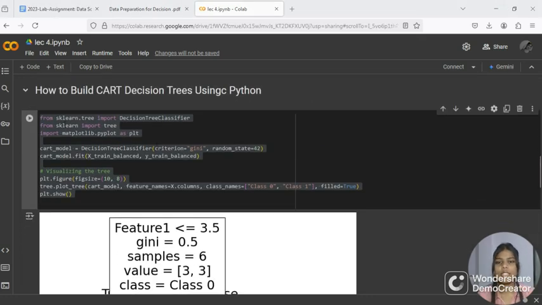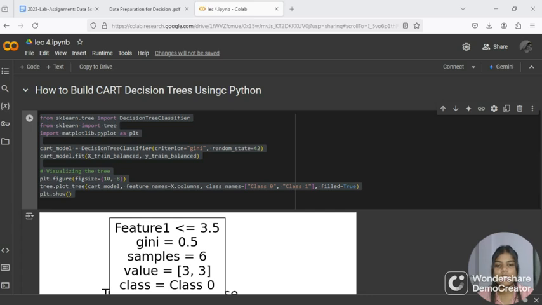Firstly, we are importing the DecisionTreeClassifier class from sklearn's tree module. And then we are importing the tree module from sklearn, not strictly necessary but used for visualization. And here we are importing the matplotlib library for plotting and assigning it the alias plt. Here we are creating a decision tree classifier object with criterion equal to gini, using the Gini impurity measure to evaluate splits. And then we are taking random_state equal to 42, which sets the random seed for reproducibility.